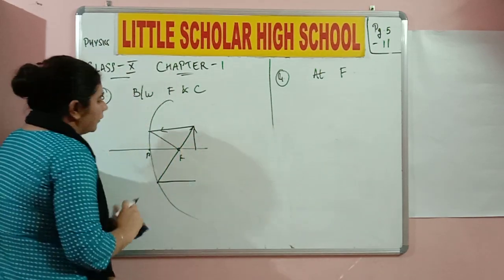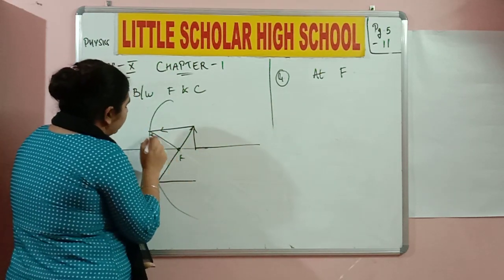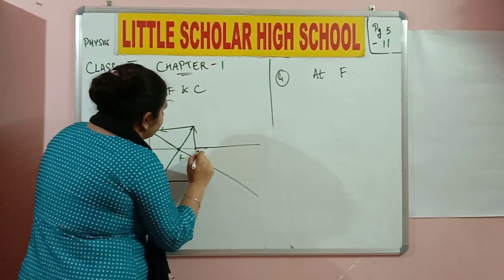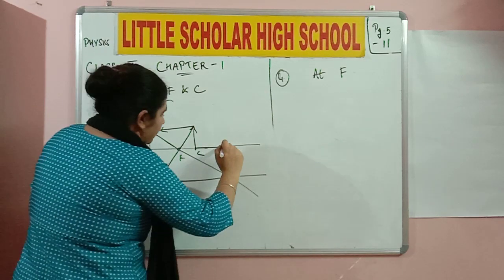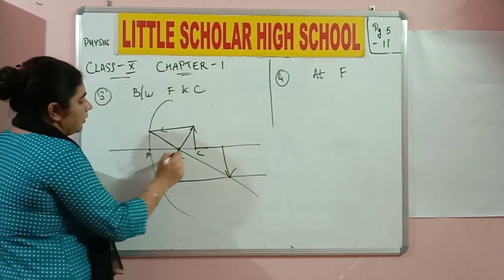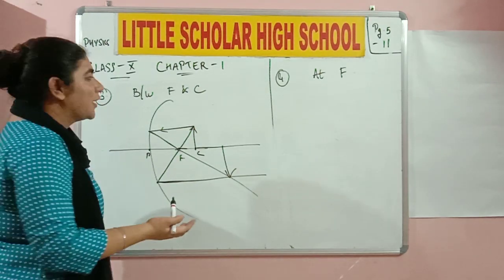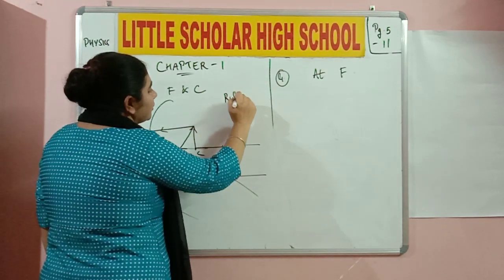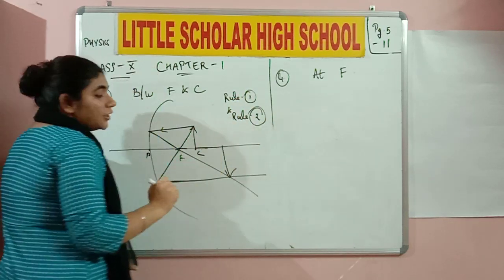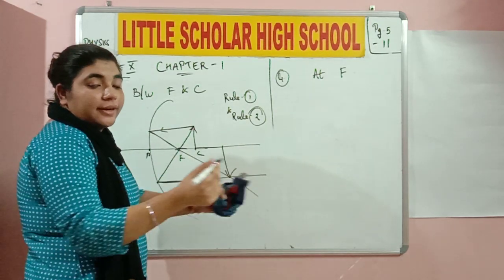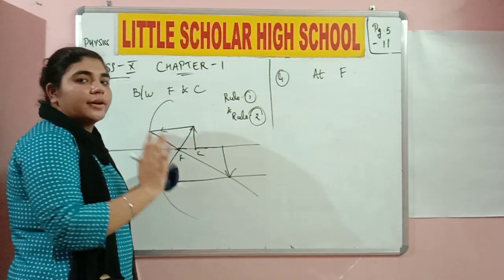Okay, there we go. Thanks to the marker and the boards, it makes our work much tougher. This is C. This is the intersection and this is beyond C. Please use a scale and pencil and not draw it freehand like I am doing it. So what am I considering? I am considering rule number 1 and rule number 2. Definitely open the textbook as well as the study material while you're drawing it. If you're not following this, at the end of the day I'm drawing the correct diagram for you.